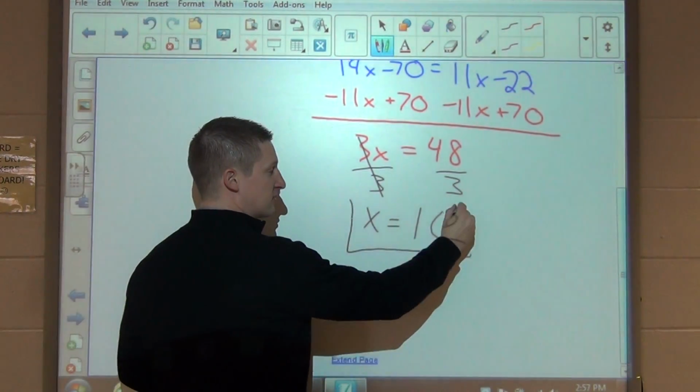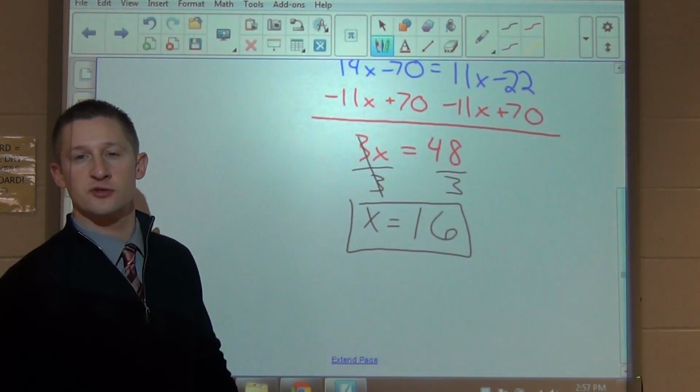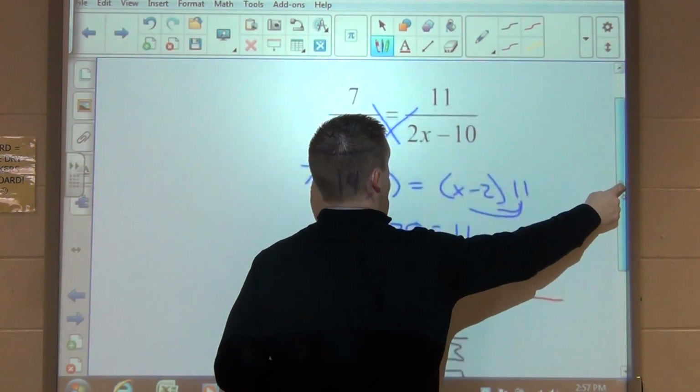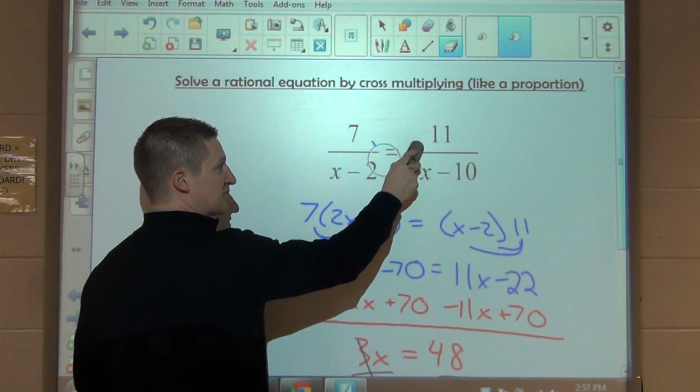Now, before we put a circle or a square around our answer, we should probably plug it in and check it out and make sure that it works. So remember that 16 is the answer. If I plug 16 into my original equation,